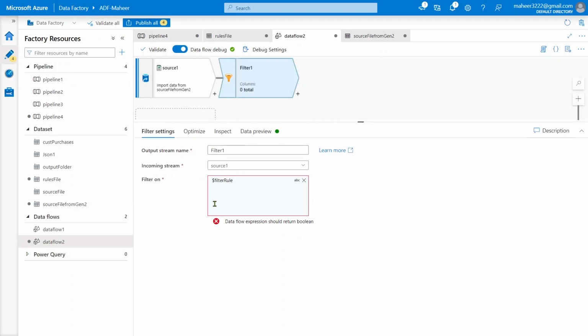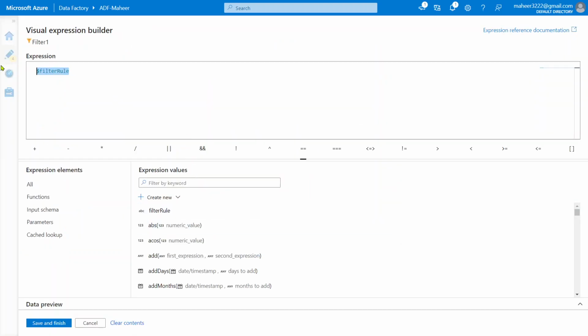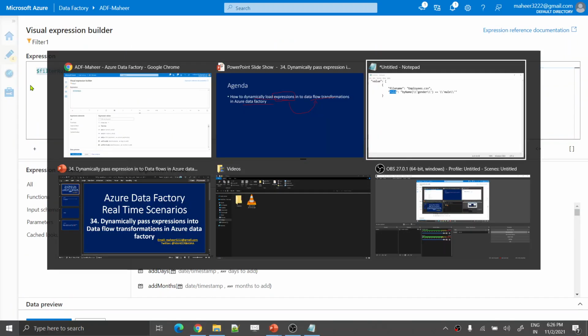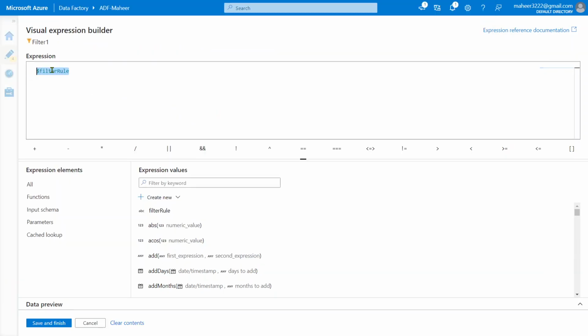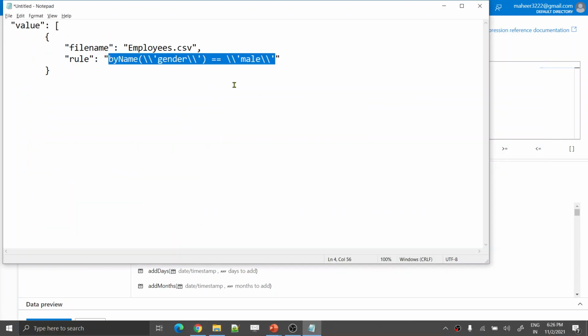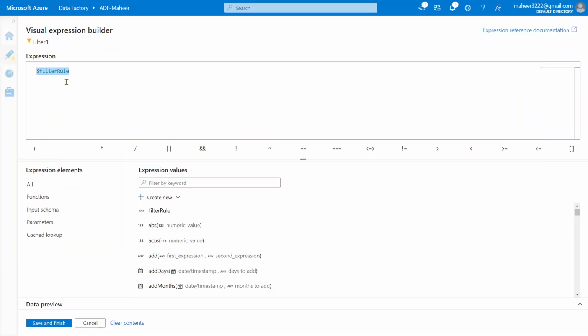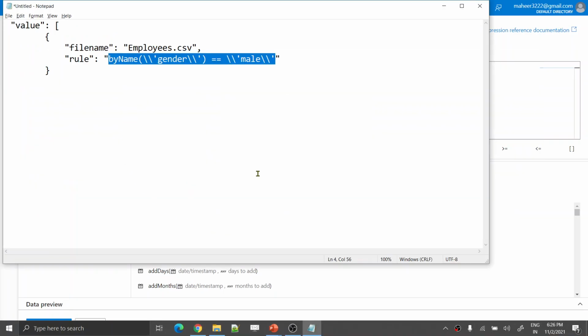Okay, and now if I directly use the parameter like this, then this entire thing is going to act as a string only. Data flow will not know this is an expression. So how to make sure data flow knows this is an expression? Firstly, that is what we have to do. And second thing, whatever expression we write here should evaluate into boolean, true or false.